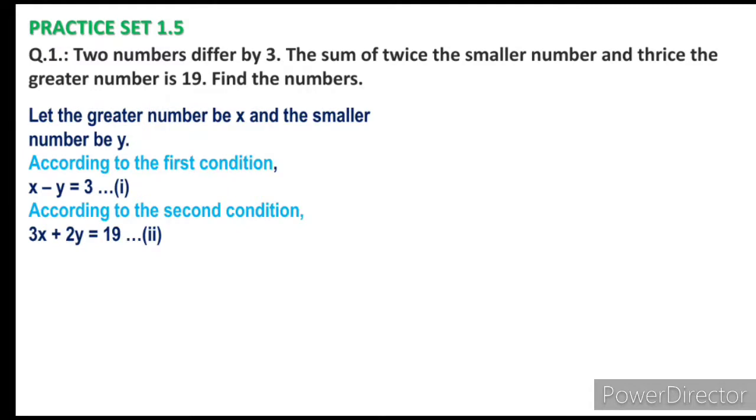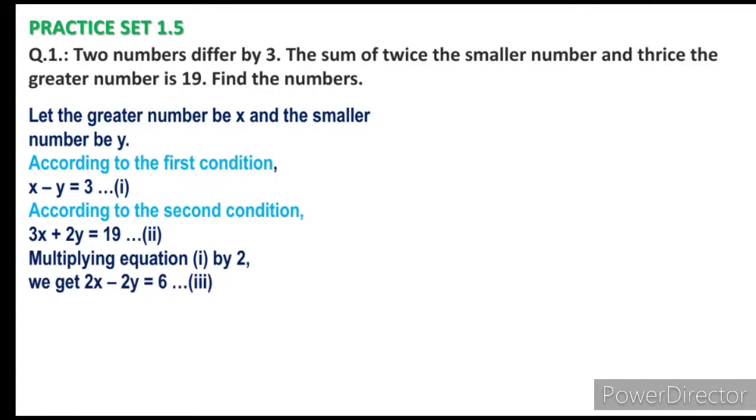So you know how to find out. You will see minus y is there in the first equation and plus 2y is there in the second equation. So using an elimination method you can eliminate y. To eliminate y we have to equate y and make it 2. So multiplying equation 1 by 2, it will be 2x minus 2y equal to 6. So now as the sign is opposite you can add both equations. Adding equation 2 and 3.